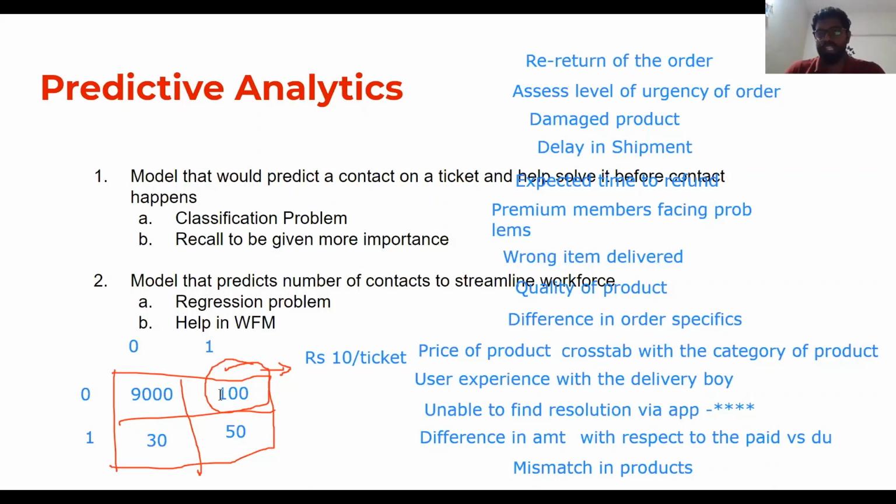So, what exactly do you think? Recall might be important, but you have to balance precision as well. So what exactly is the combination, what exactly is the F1 score? So, the F1 score is something which can help us balance out those concerns, because when you deal with operations,